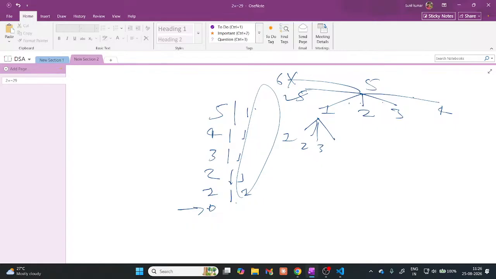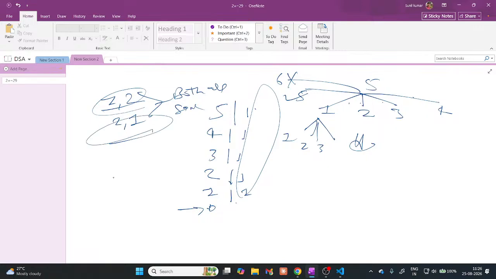But the problem here is that 1 comma 2 and 2 comma 1, these both are same, but in this case we are counting them as different, right? So this is not valid. Okay, so what we can do,